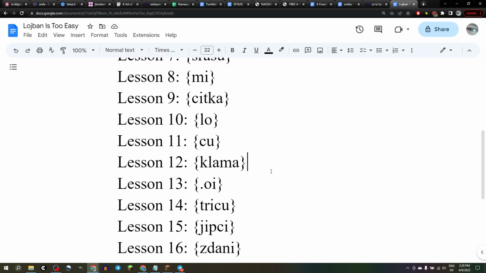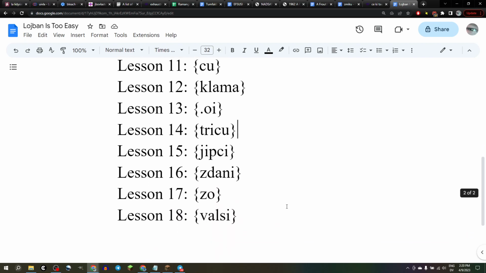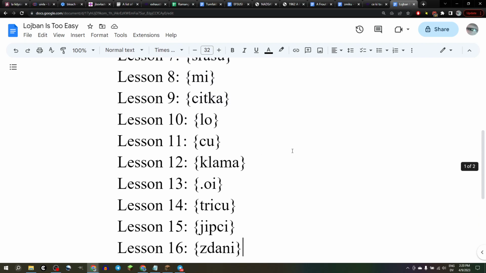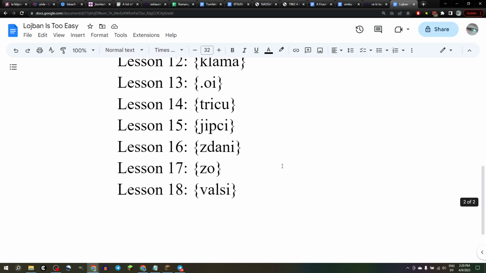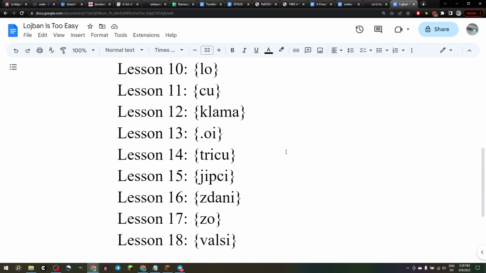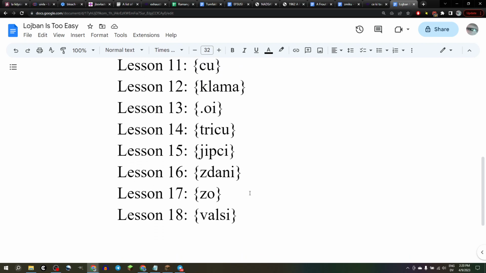Klama means to go to somewhere from somewhere via somewhere in something. Oi means ow. Trishu means tree. Jipshi means chicken. Zdani means house. And then we were really just learning a bunch. We could just go on learning barnyard animals and stuff, but I got bored, and we took a little bit of a turn into talking about